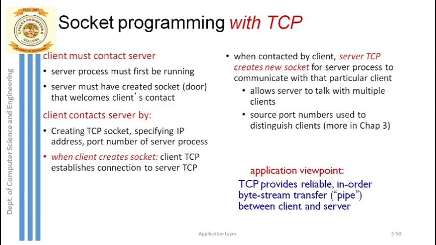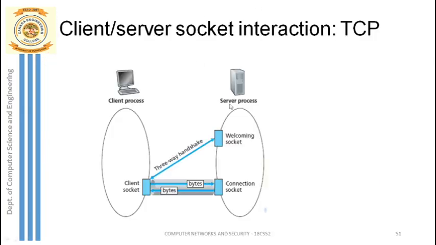In TCP, you have one client. I'll show you here. In TCP, you have a client and you have a server. First the client and server have to develop a connection. So what is that connection establishment? First the client should ask the server, may I request some data from you? Or the client should first ask the server, are you ready? Can I ask you something? So that requesting is happening in the first stage.